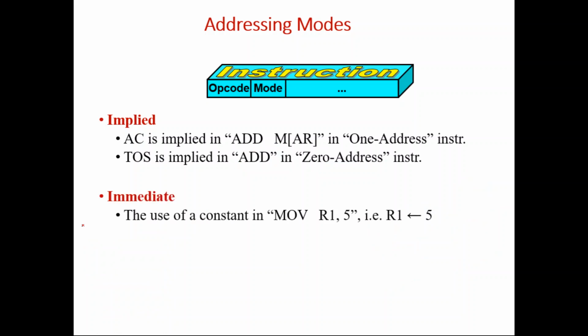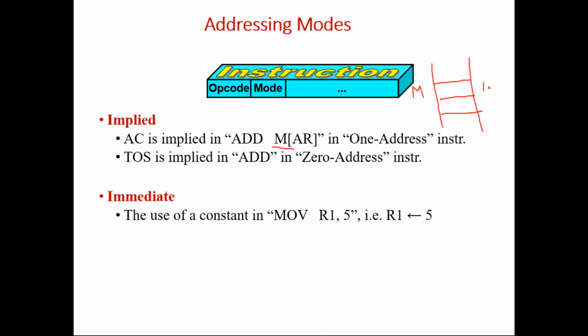Okay. Next is immediate. It's very simple. In immediate addressing mode, we directly give some immediate value. So here, this is an example, move R1, 5. So this will move just the value 5 to the register R1. Or for example, just now I told you that M, let us assume, represents this memory location 1000.